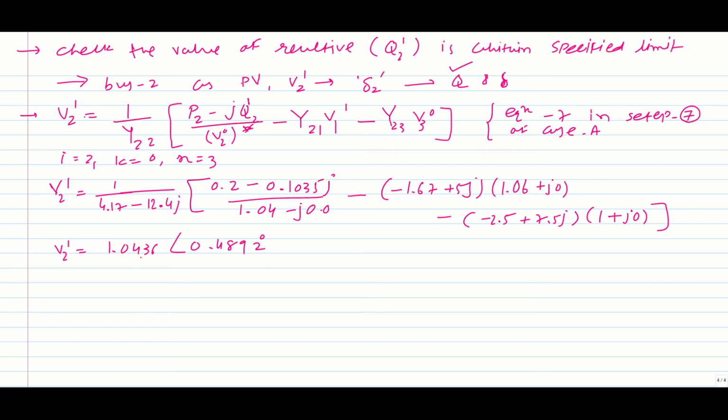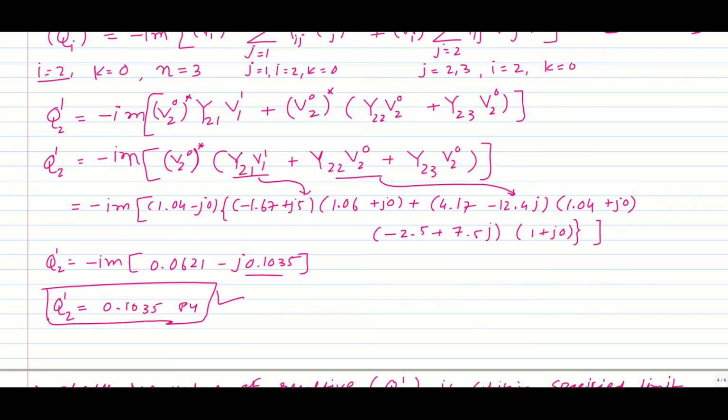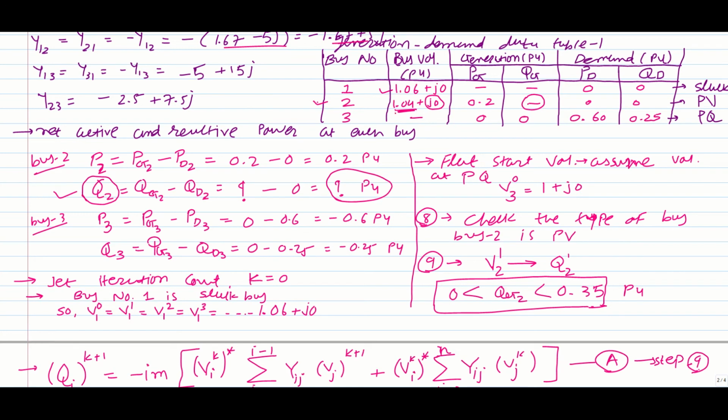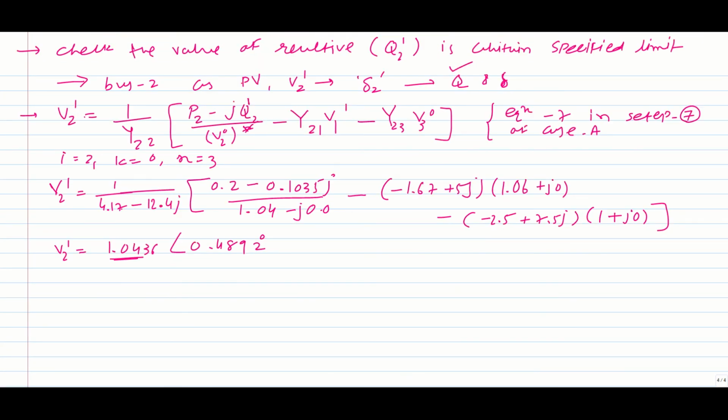So here, one more thing you need to verify is that the value of V2 will remain the same or nearly equal to the same. Just look over here, the value of V2 is given as 1.04, and after calculation of V2 again you will get 1.0436. So there will be no change or only a minor change in your voltage value if you calculate it again. Okay?